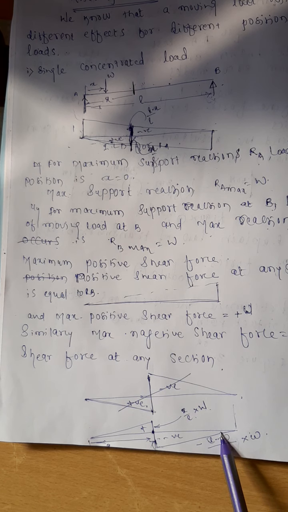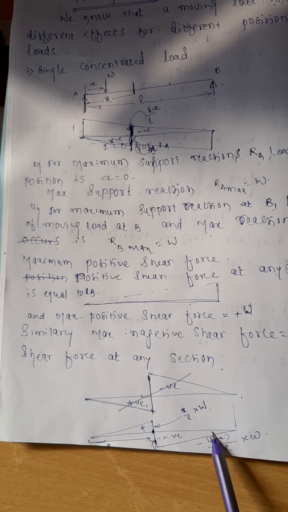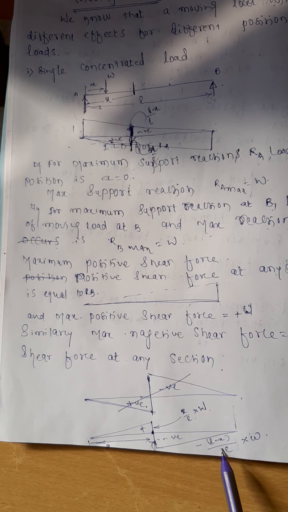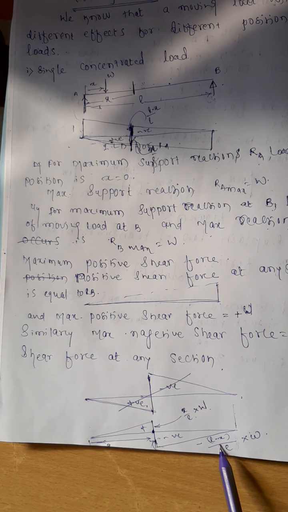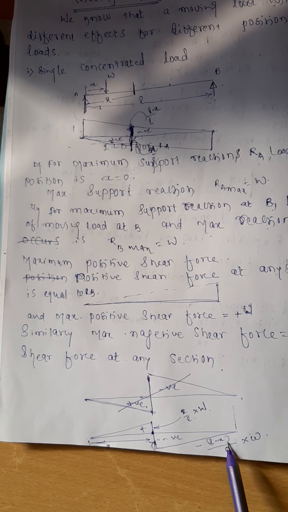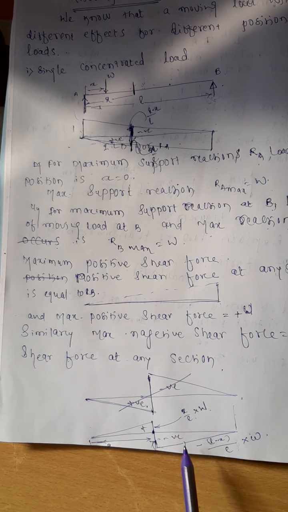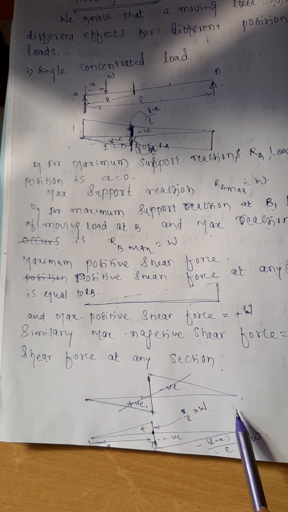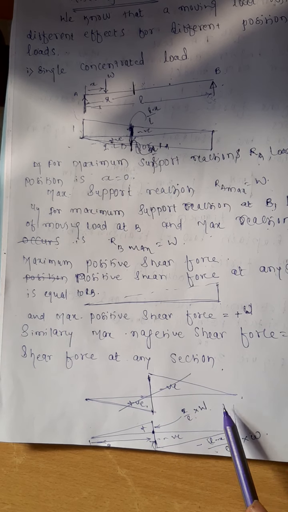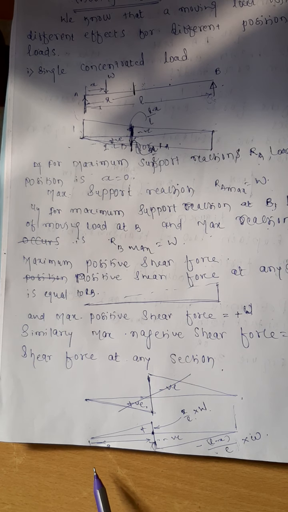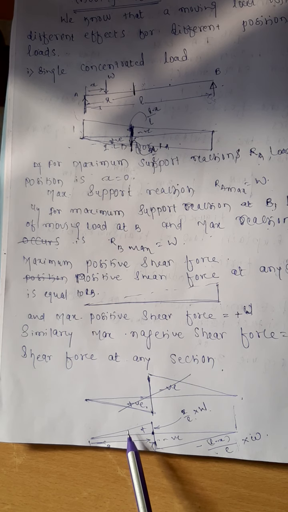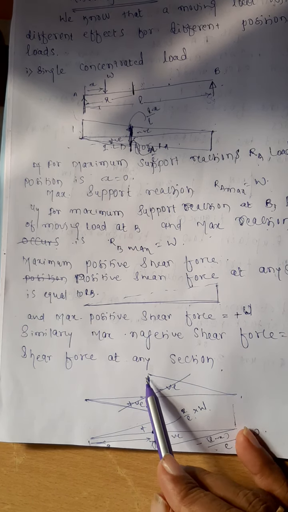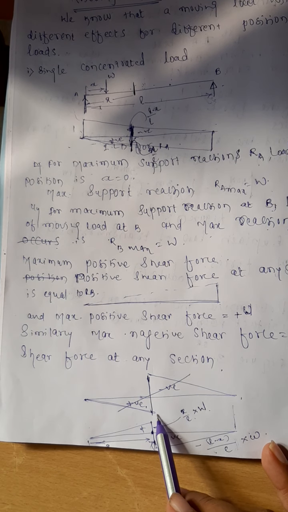Are you getting what this L minus x divided by L is? This is the influence line diagram for unit load for the support reaction RB. Is it alright? Support reaction RA it is. This is RB, this is RA. RB means here is the B, you are lifting it by unity, you are getting like that. Space is a bit congested, that is why I am not so comfortable to explain it. Here I could have explained, but earlier I had drawn it.